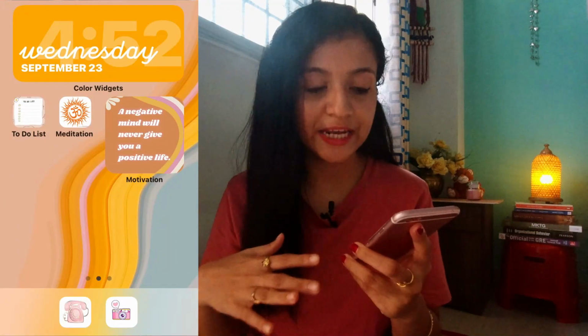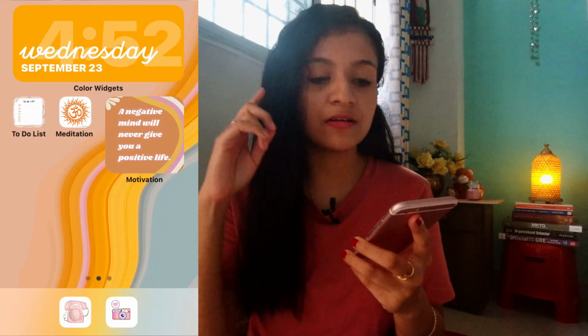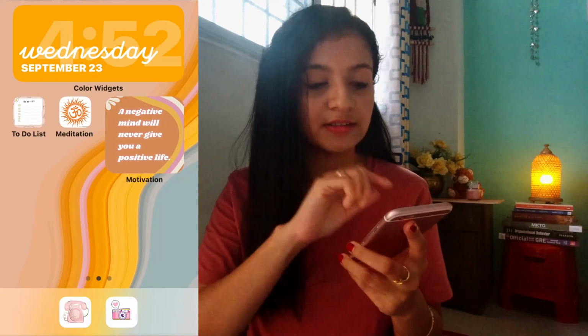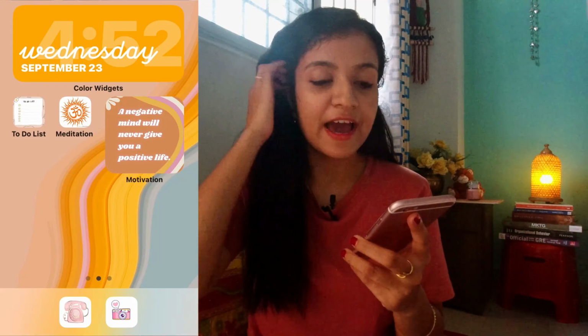The first thing we do, while waking up in the morning and right before going to bed, is use our mobiles or just set it aside. So that's why the main theme going around in my home screen is very simple. The two things that I require are a to-do list and a meditation app. So let me show. Right now you can see my home screen. You can only see a clock, that's simple, and a calendar over there, and it's very simple.